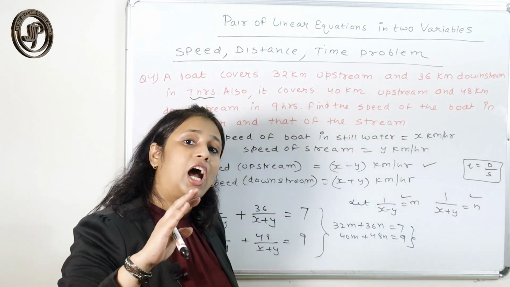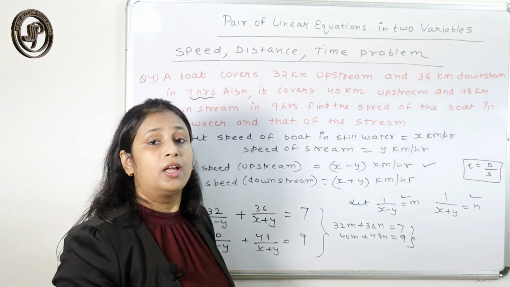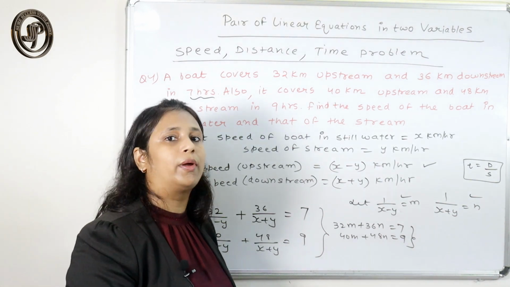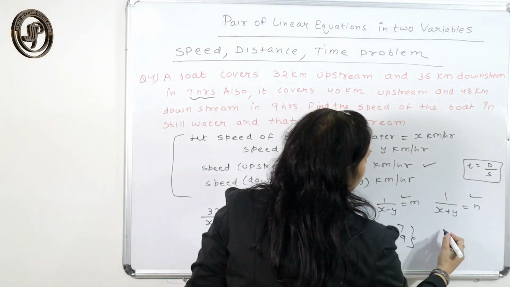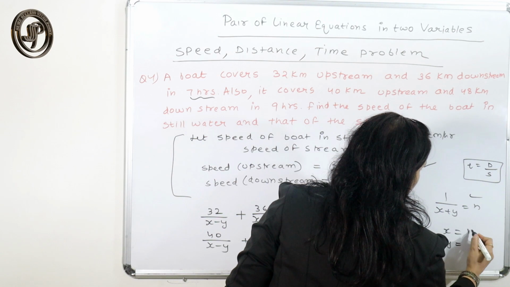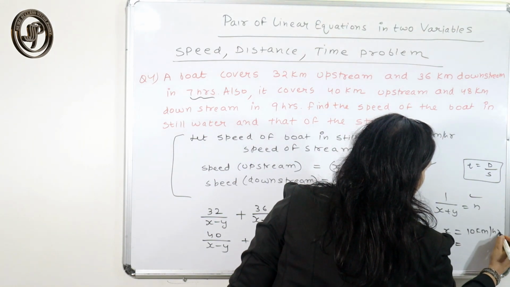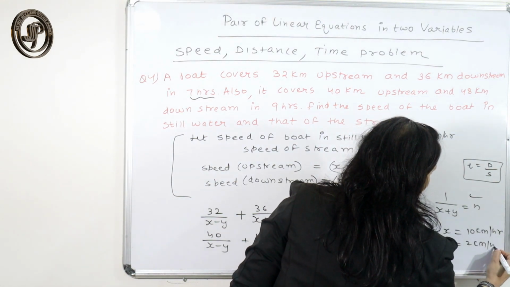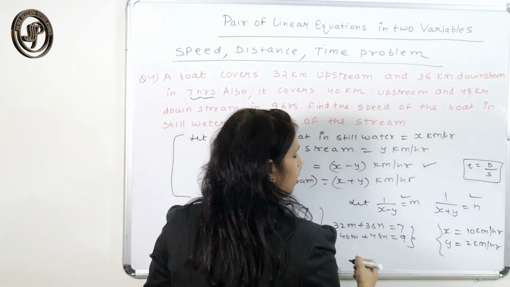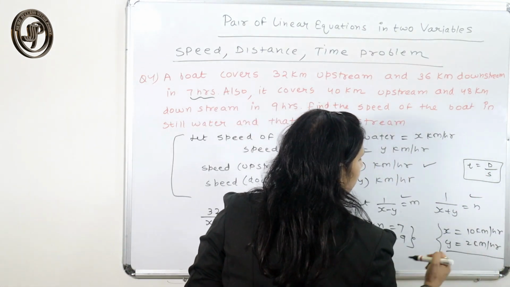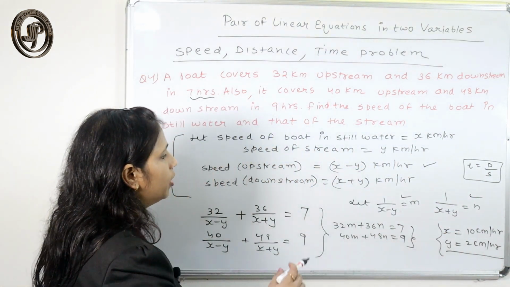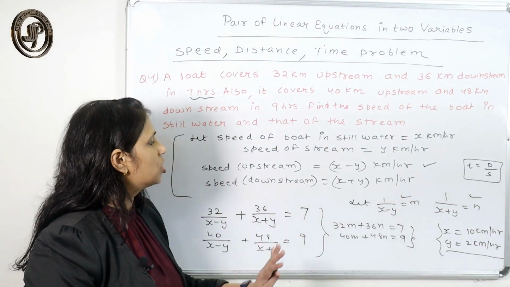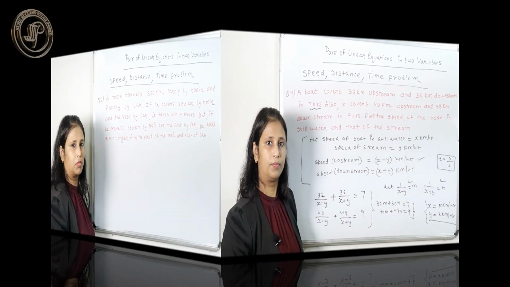Then you will get another 2 equations. Then you solve those 2 equations also. You will get the value of x and y. So I am just writing the answer directly, so that you can cross check after finding the value of m, n and x, y whether you are correct or not. That's why I am giving you the final answer. So you just have to solve this.